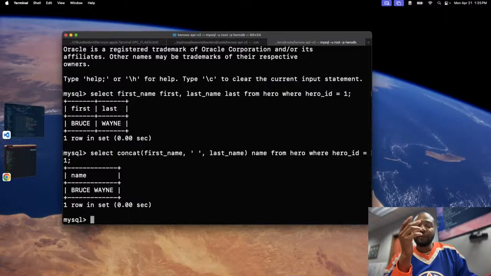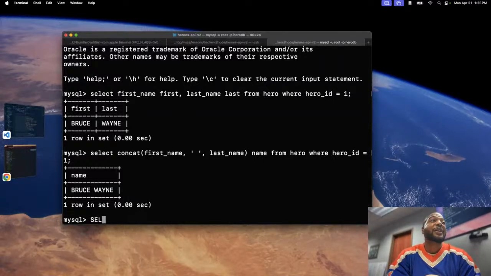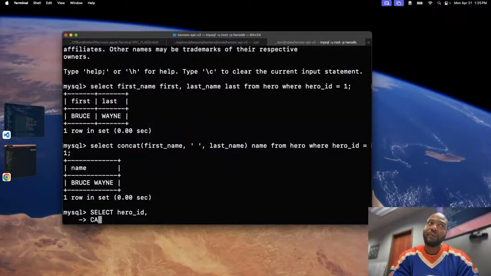Otherwise, just display their name. Okay. So I'm going to say select hero_id, comma, case when hero_name is null,